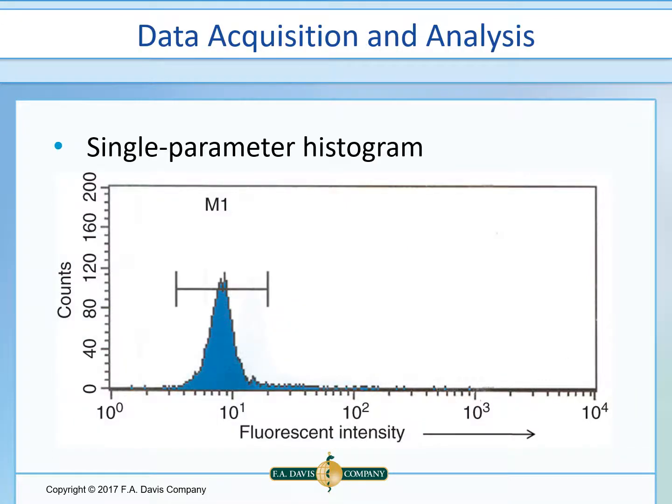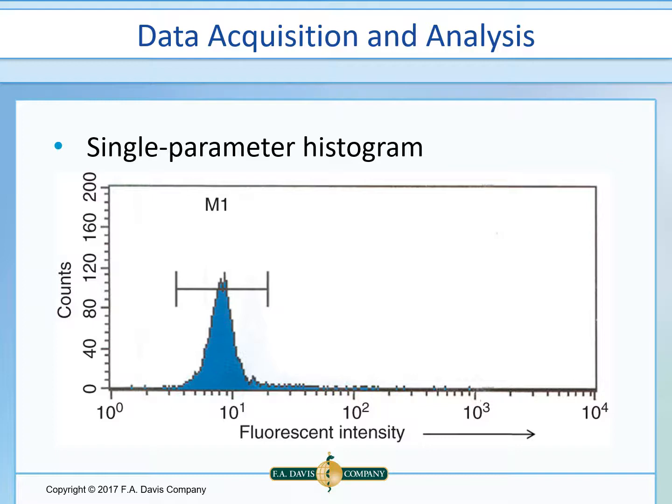Once the intrinsic and extrinsic cellular properties of many cells have been collected, and this is typically 10,000 to 20,000 events for each sample, the data can be digitalized, and then it's ready for analysis and evaluation by the operator. Each parameter can be analyzed independently or in any combination. Graphics of the data can be represented in multiple ways, and the first level